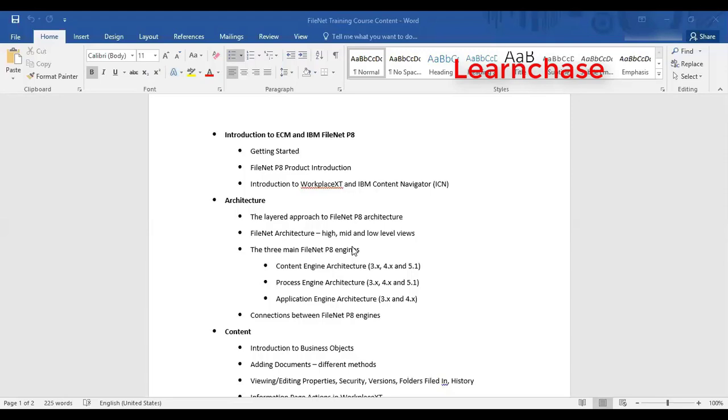The second session, although many people don't deal with this, is the architecture session, because you have to understand the internal wiring of any system to actually make the system work. Architecture-wise, we will be talking about the n-layered architecture. There are 4 layers in FileNet. What are the different layers, how it works, and we will talk about the different high, mid, and low level